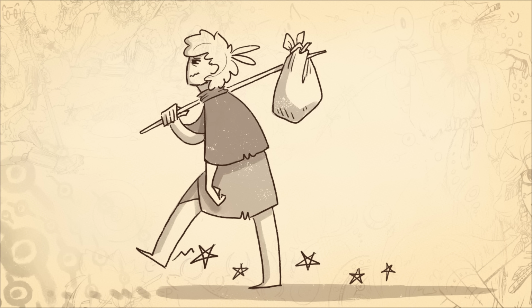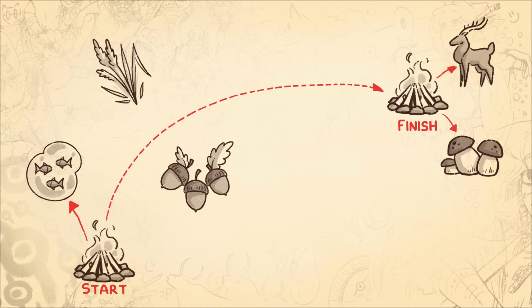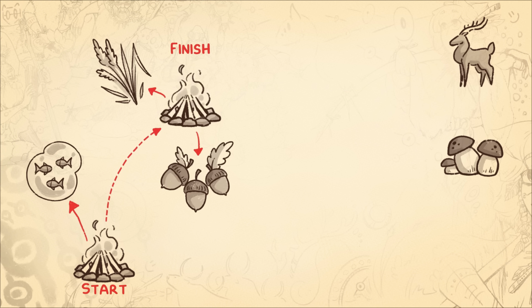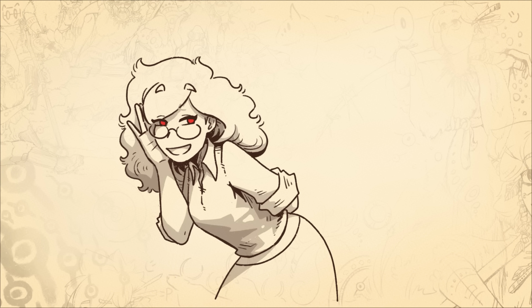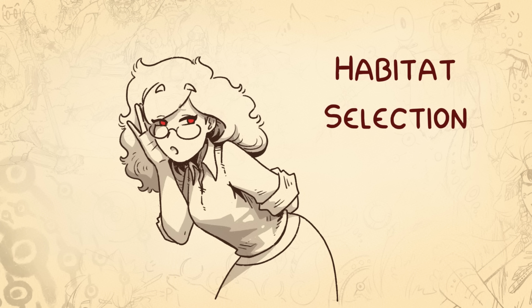But critically, moving also requires energy, especially when our little caveman is just walking on his own two feet without access to cars, horses, or even the wheel. Therefore, if a group travels far, they will do so to reach a zone they can exploit for a long time, while a group that travels in short spurts will stay in areas not much more productive than the ones they left behind. And how do our nomads pick out those locations? Why, through habitat selection, of course, which is a variation of the territory over resources model.